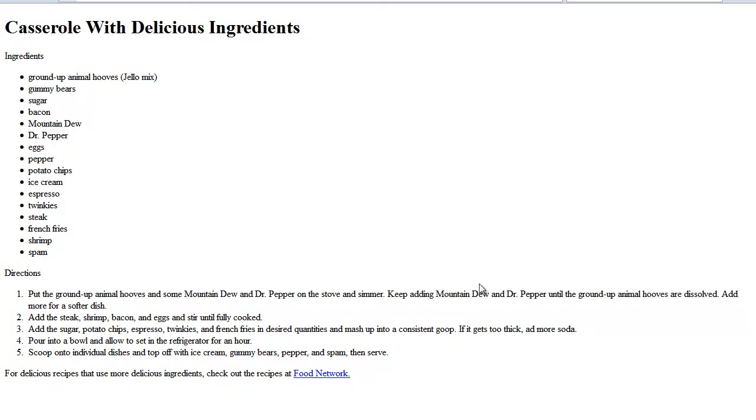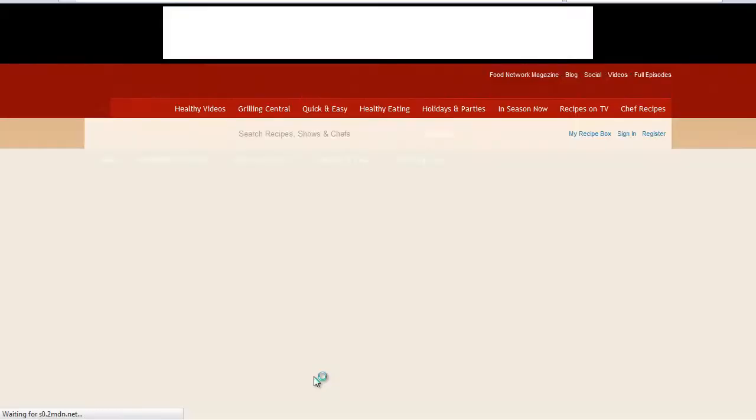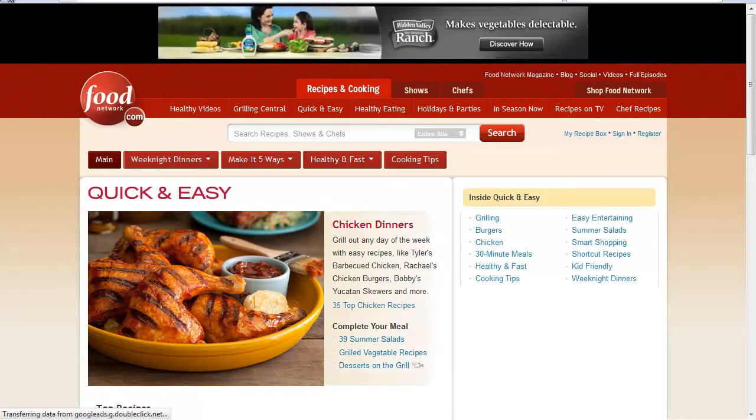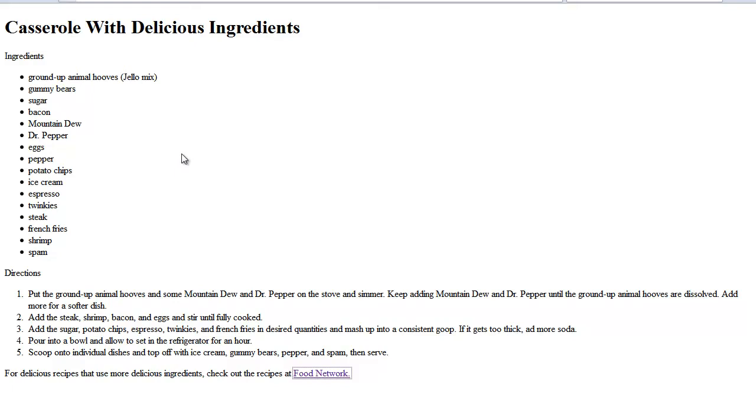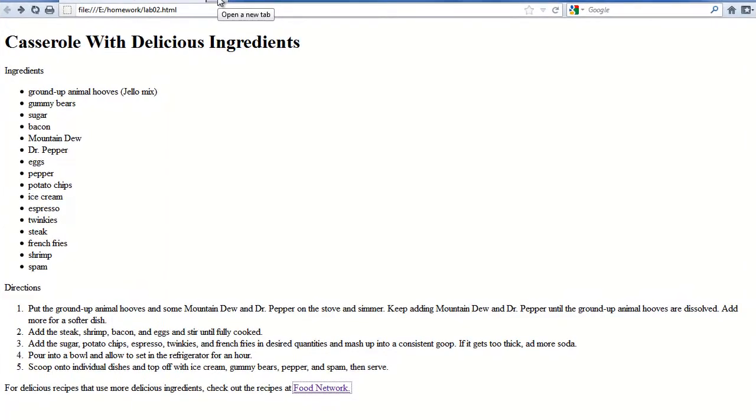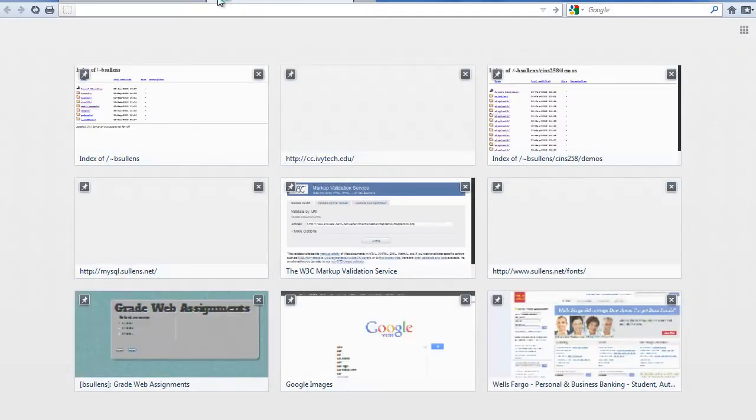Look through, make sure everything looks like it's rendering correctly. If you have any images, check them. If you have links, test your links. And as long as everything looks like it renders well, then you're ready to move on to the next step of validating. In order to validate our document, we're going to navigate in a browser to the W3C's validation software at